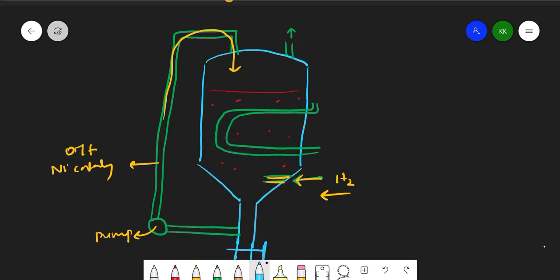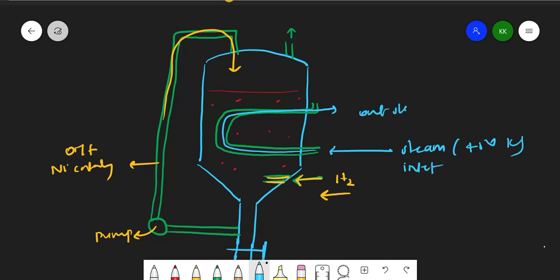And here what we will do, we will send steam. Steam means water in vapor form, which maintains around 450 Kelvin temperature, right? It goes inside like this and goes outside. We can call this the inlet, and this the outlet of steam. Whereas here hydrogen gas we send, so this is the inlet of hydrogen and this is the outlet of hydrogen.